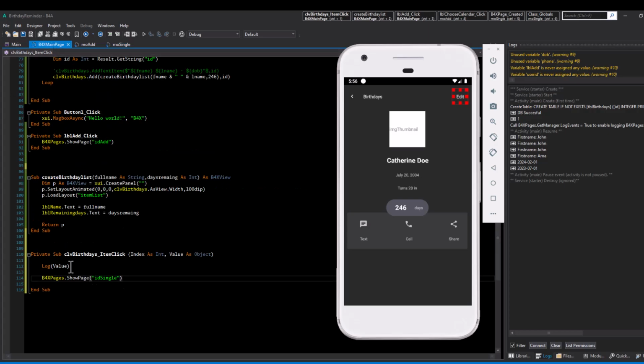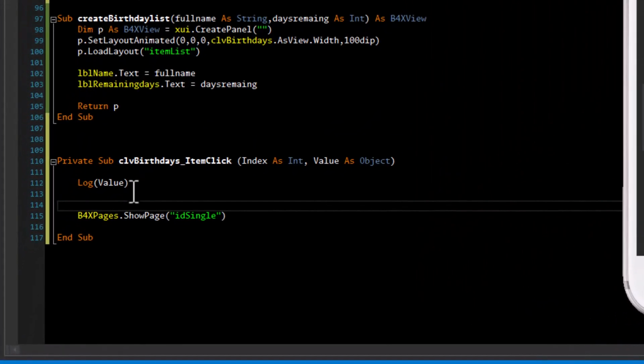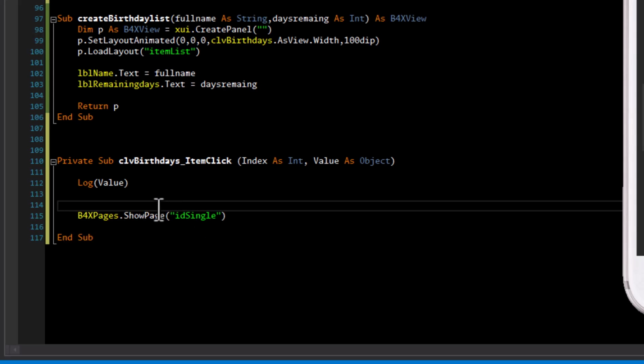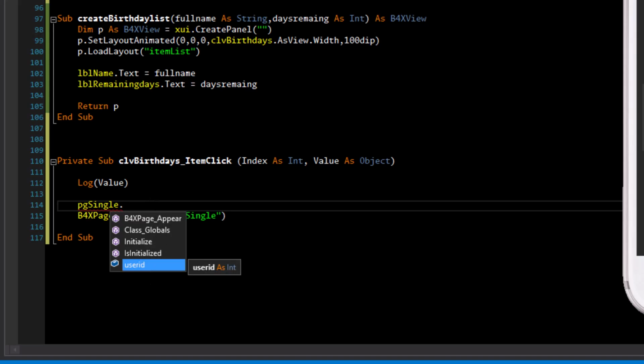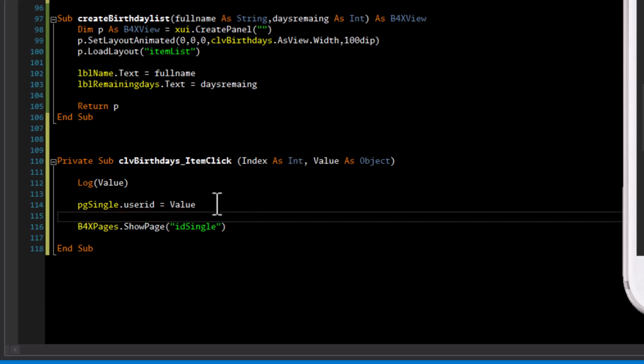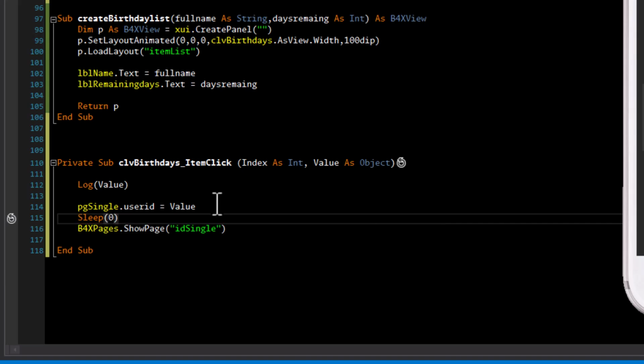Okay, so to do that, we call the page single dot, then the user ID which we created in the page more single is here. User ID equals to the value we are receiving from the list view, right? We can put sleep here, at least for the app to delay a bit before changing to the more single